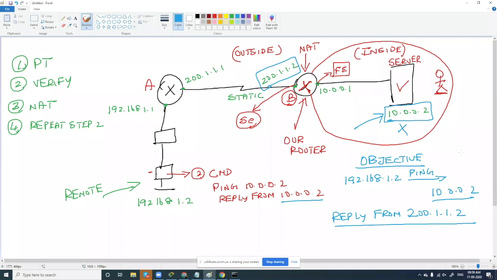So anyone who tries to ping, this is here for an example. I have given you the actual IP address, but in real time, you will have a domain name. This can be abc.com. So when someone tries to ping abc.com, the reply will not be from this. The reply will actually be from this, the IP address we gave. Fine. I'll summarize this again in simple terms.